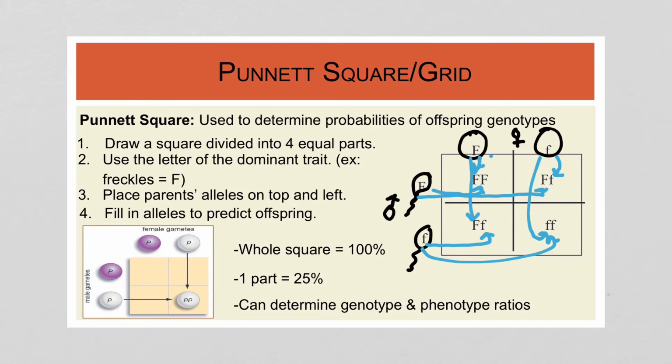The genotype is the individual letters themselves. So, for example, the genotype in this case is homozygous dominant. The genotype in this case is heterozygous. Heterozygous here, homozygous recessive here. The phenotype, in this case, the trait is freckles, and it's designated dominant in this example. So the phenotype would be, in this case, freckles, in this case, freckles, in this case, freckles, and in this case, freckles. So our genotype ratio